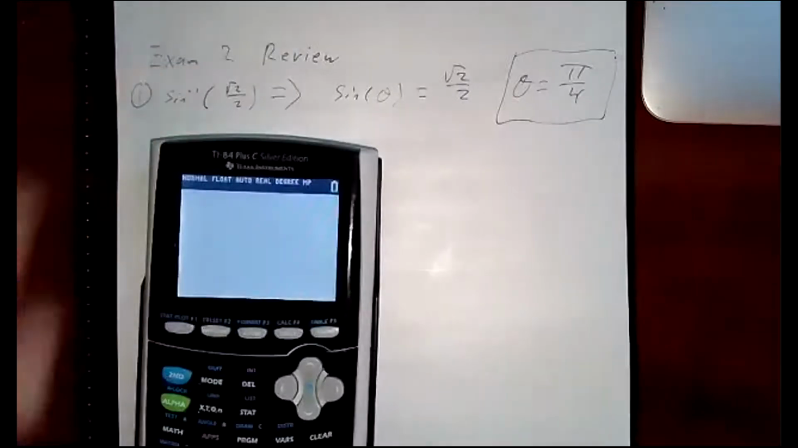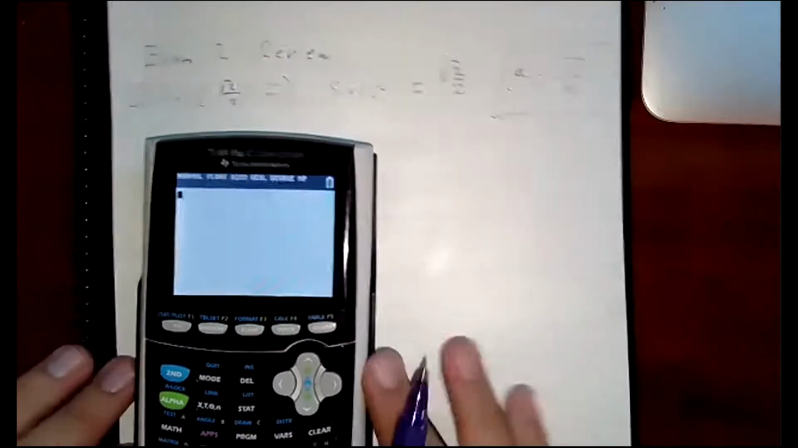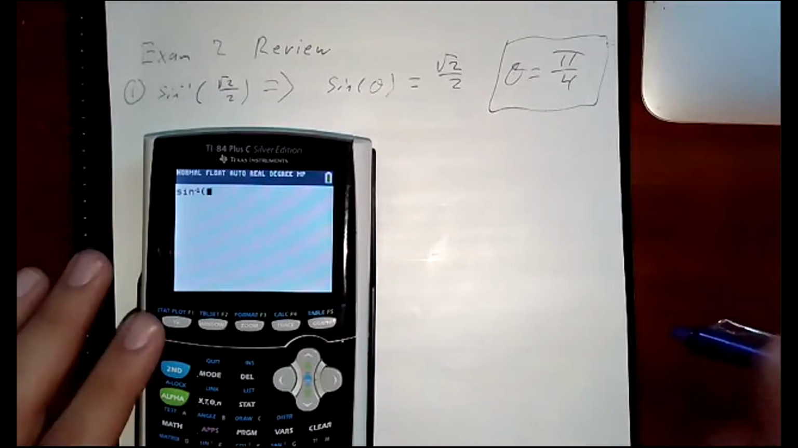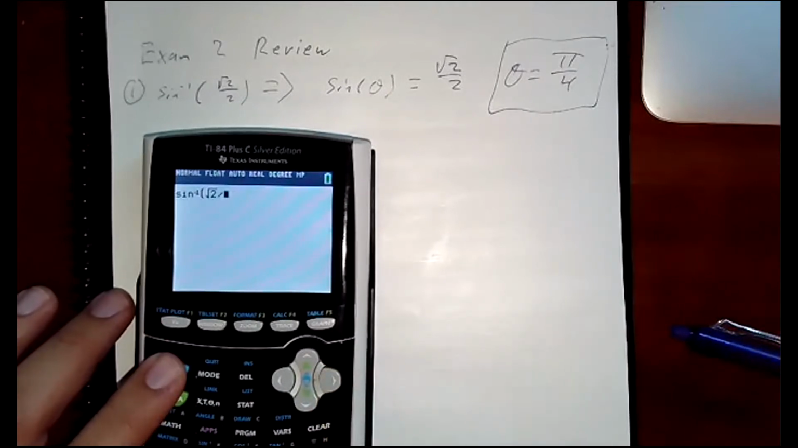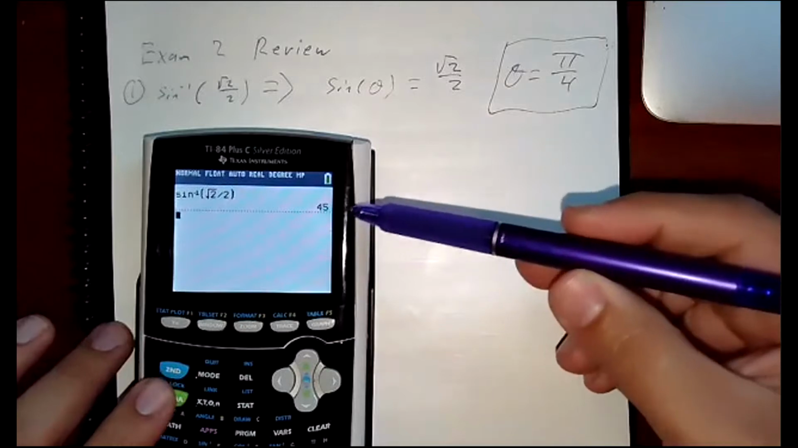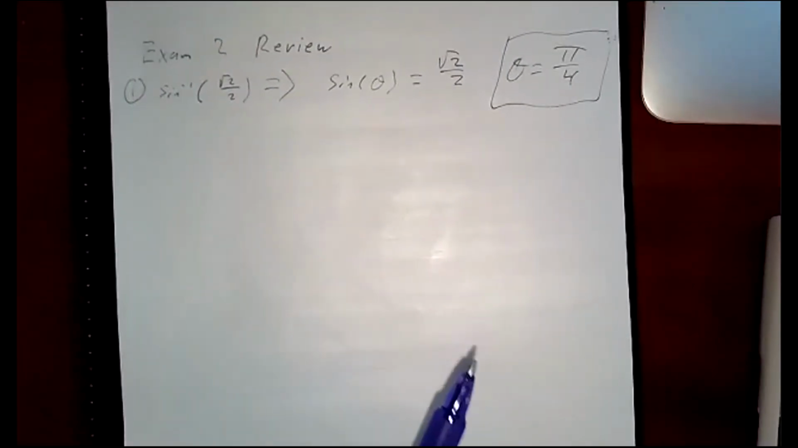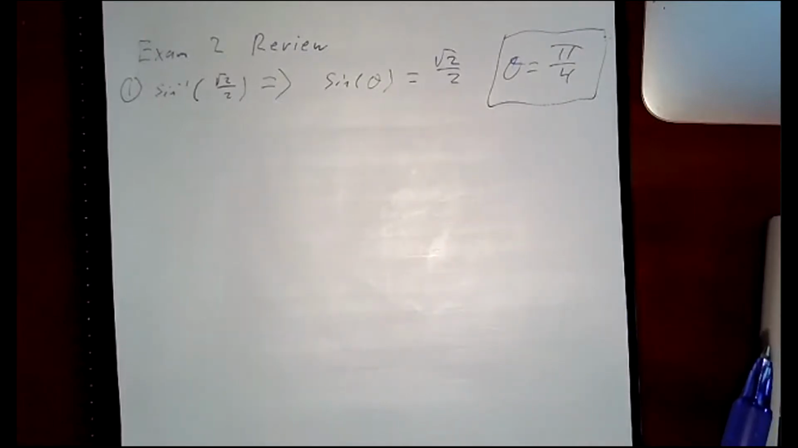You could use your calculator for some of these guys. These are basic angles. You don't really need to. So you could do sine inverse square root 2 over 2, which is 45 degrees, right? So pi over 4. All right, let's keep on going because I don't want to spend too much time on the easier questions. Let's move on to